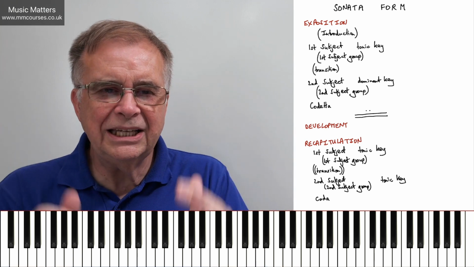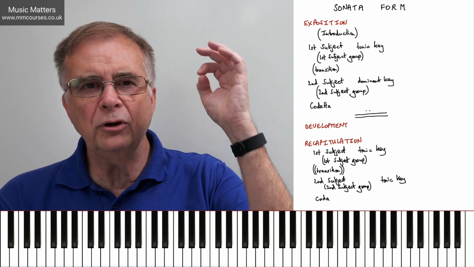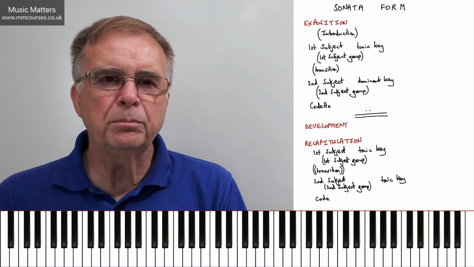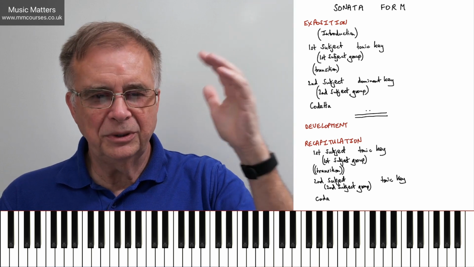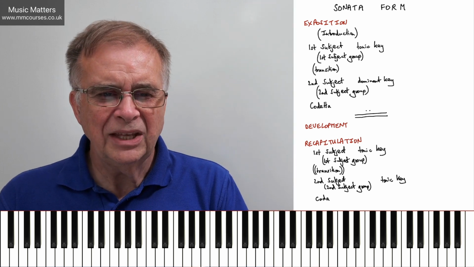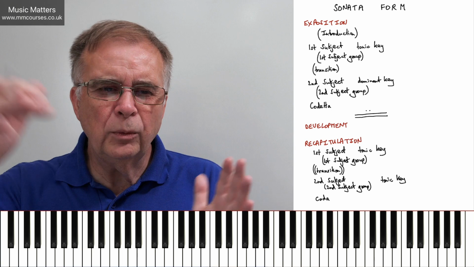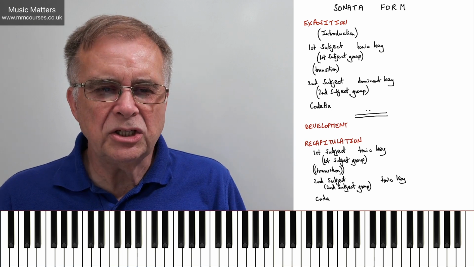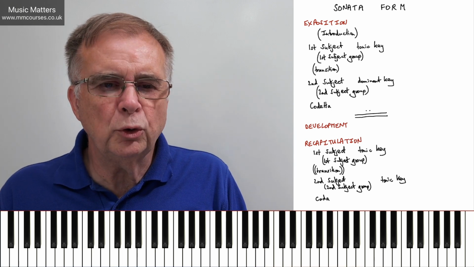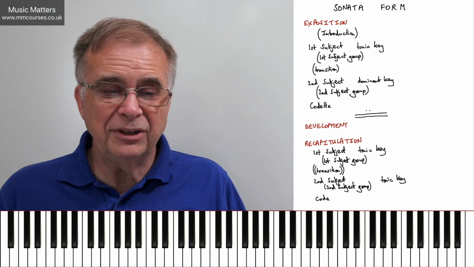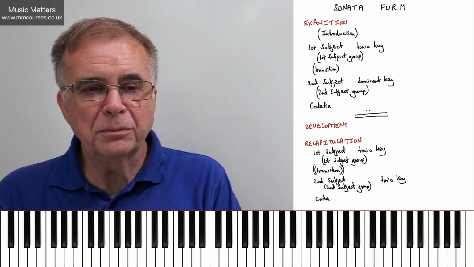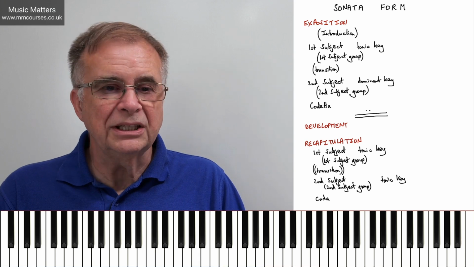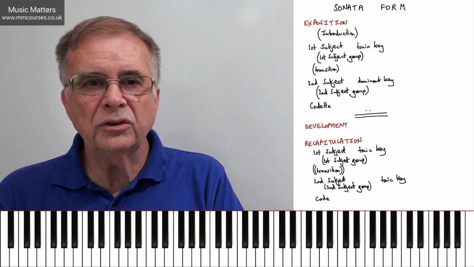But you're already getting the idea, I hope, that while we've got certain fixed points, if you like, the three sections, exposition, development, recapitulation, within that, we've got certain expectations, but we've also got quite a few options. And even then, actually, what is your first subject? That's up to every composer to create. What's the nature of it? Is it a long theme? Is it a short theme? Is it simple?